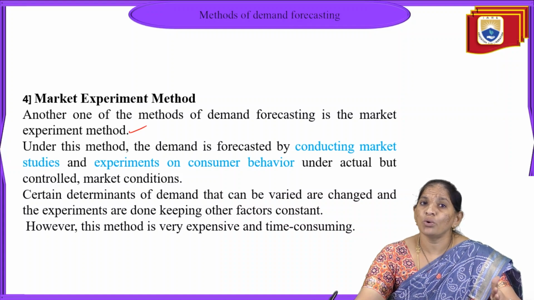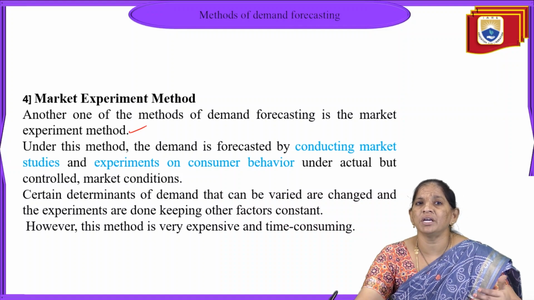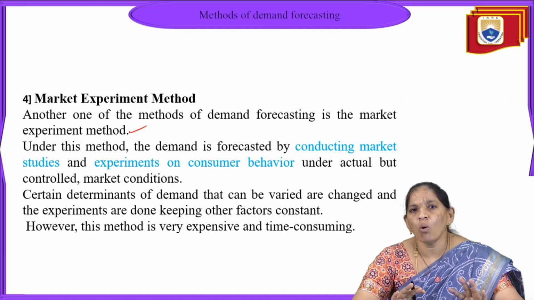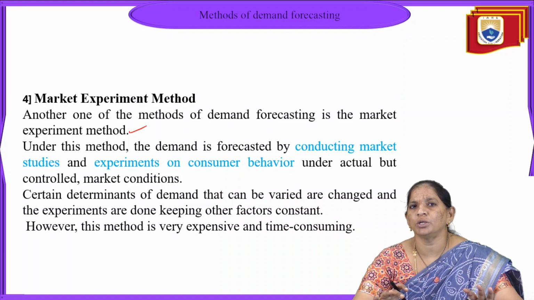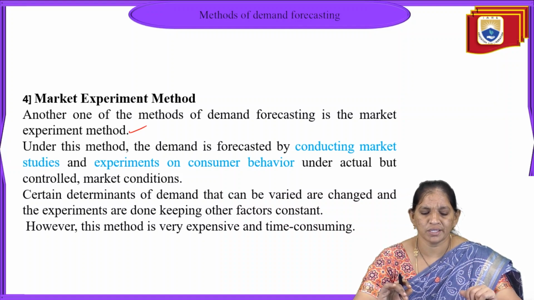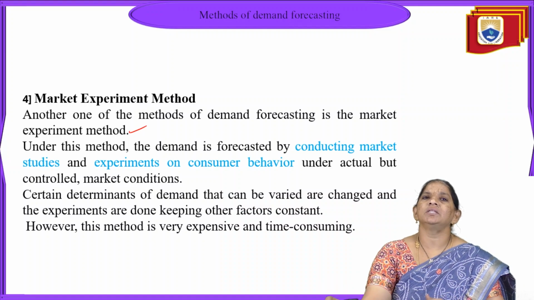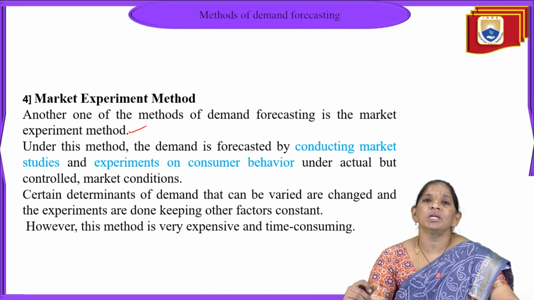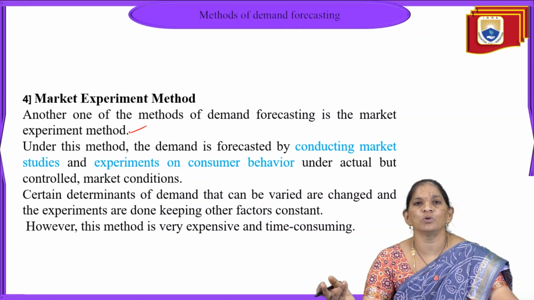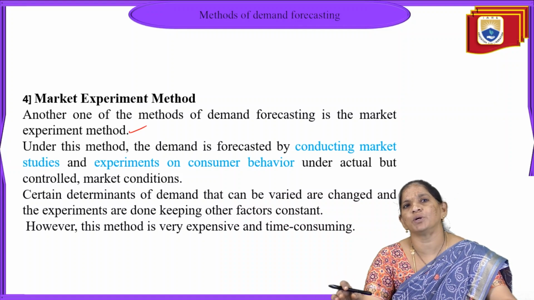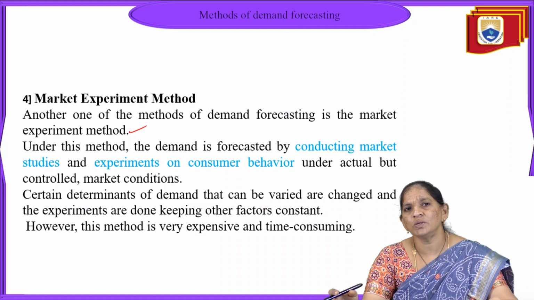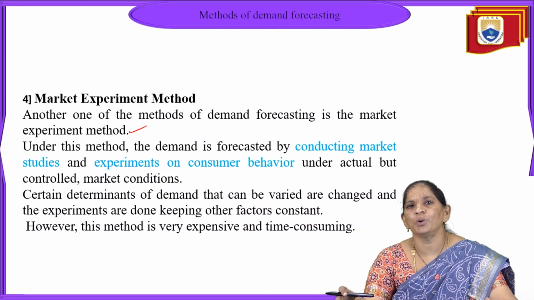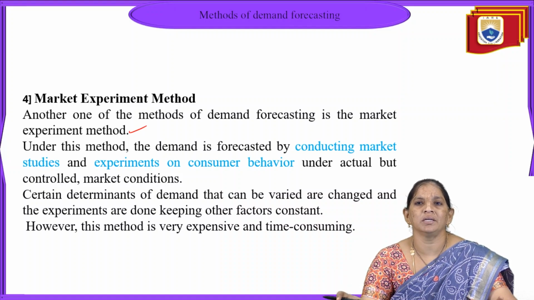Why? Because coincidentally the change factor may affect my product. So we should make all other things relating to that product must and should be constant. However, this method is very expensive, time consuming, and sometimes negative feedback can also occur from the market experiment methods. So that's why this method is followed only for certain restricted products and under controlled marketing